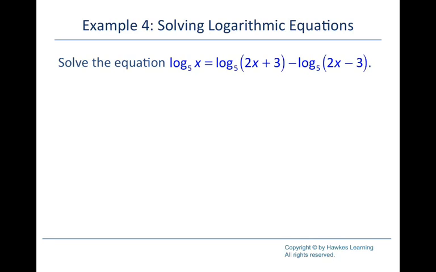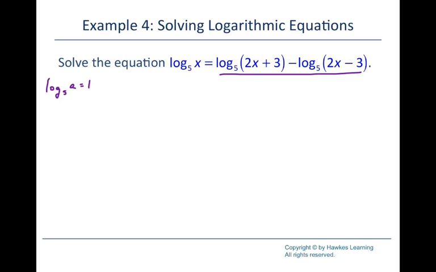Okay. Here we have log base 5 everywhere. We can combine this into a quotient. And so it will become log base 5 of 2x plus 3 over 2x minus 3. And it equals log base 5 of x. When you have log, I'll write it over here, log base 5 of A